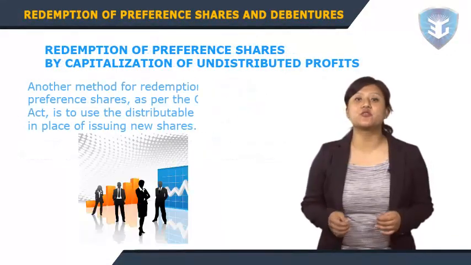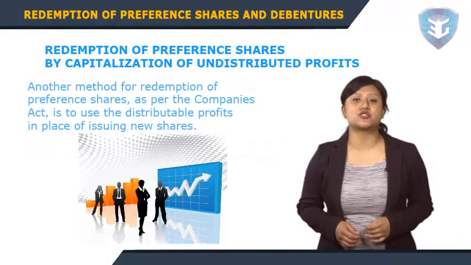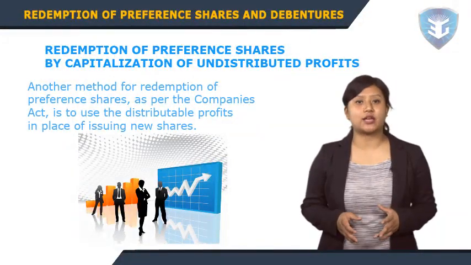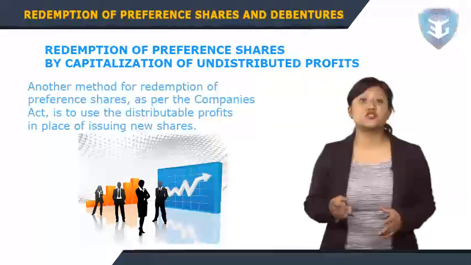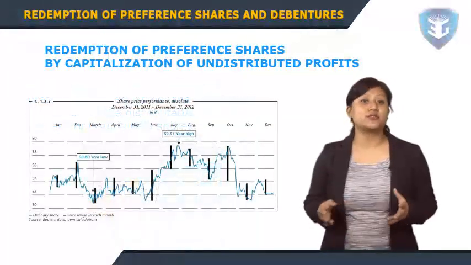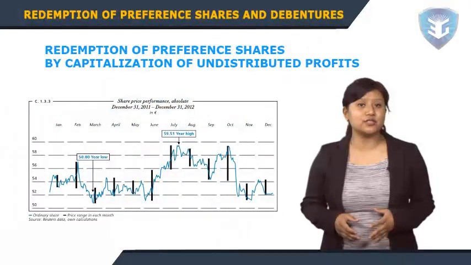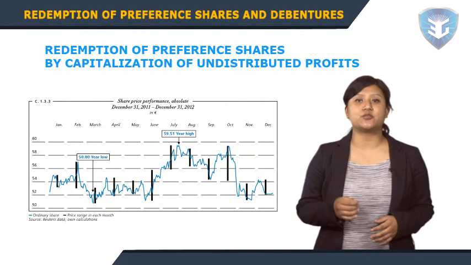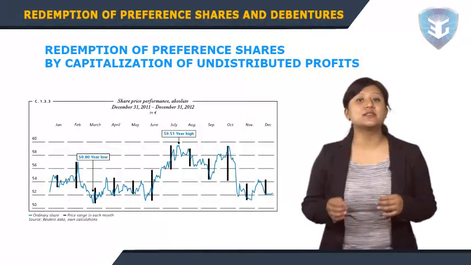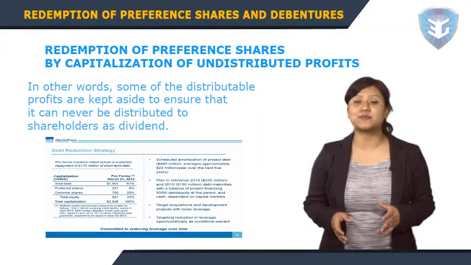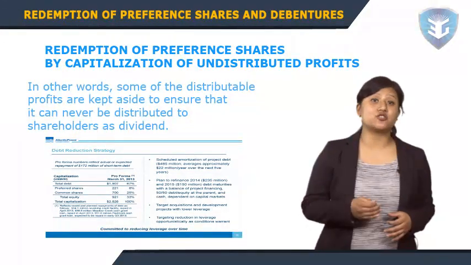Redemption of preference shares by capitalization of undistributed profits. Another method for redemption of preference shares as per the Companies Act is to use the distributable profits in place of issuing new shares. When shares are redeemed by utilizing distributable profit, an amount equal to the face value of shares redeemed is transferred to capital redemption reserve account by debiting the distributable profit. In other words, some of the distributable profits are kept aside to ensure that it can never be distributed to